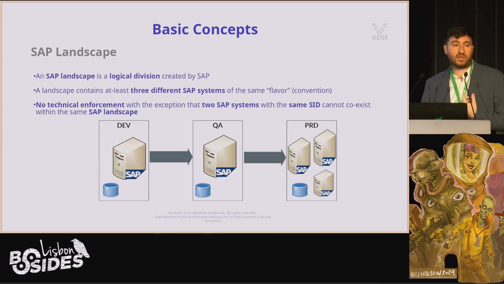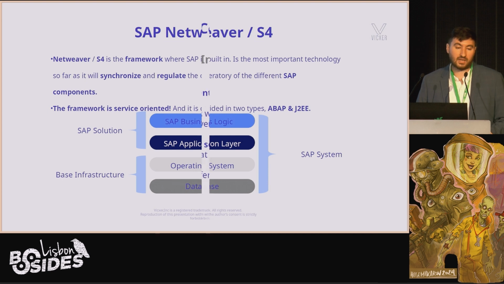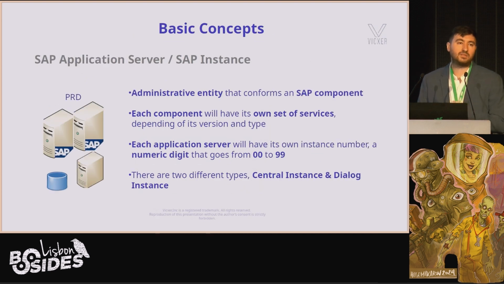What do you do? You throw everything away and you start from scratch? No. SAP tells you, hey, why don't you add an additional application server and you do load balancing. So that is pretty much what an application server is. It's another entity that is part of the SAP system. The only caveat is that each one of the application servers will have an instance number that you define at installation time. It goes from 00 to 99. So in theory, you might have up to 100 instances out there.